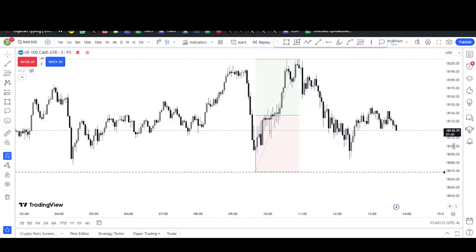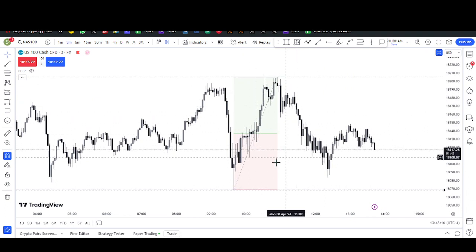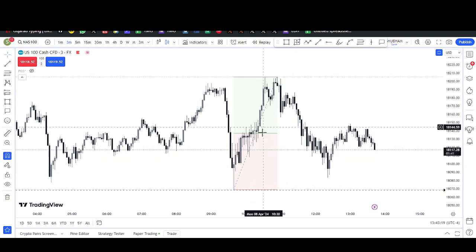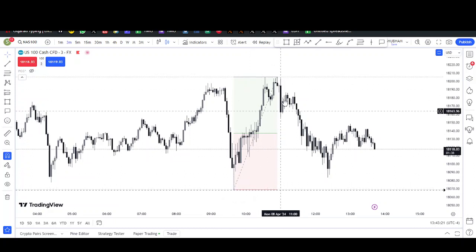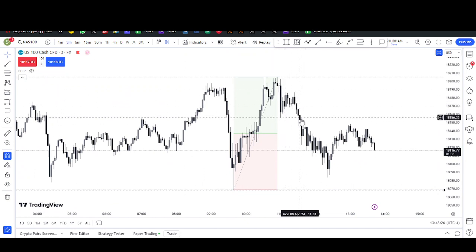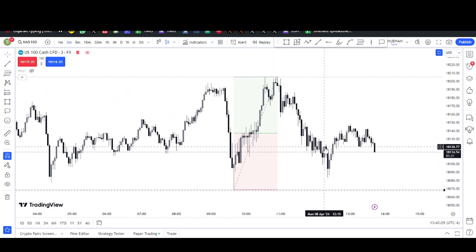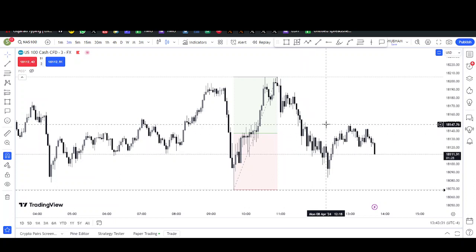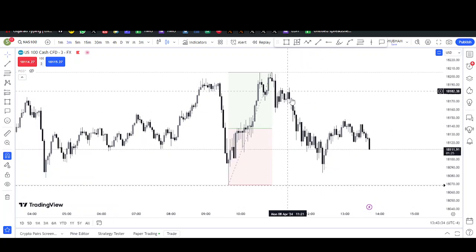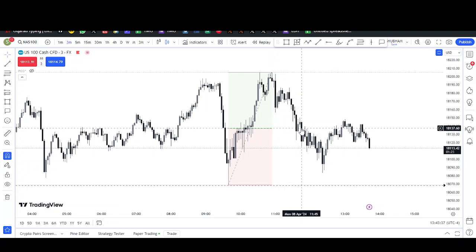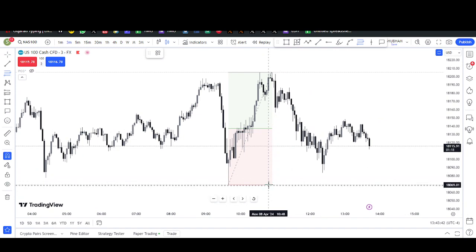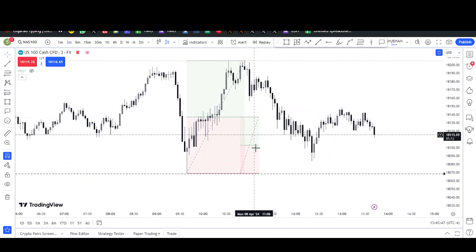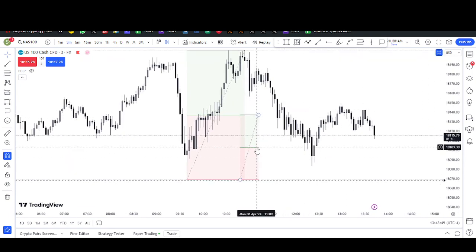When we say ranges are fractal, what do I mean? If I consider this whole up move, this whole up move is a range which took out the low as well as the high. Now if price is digging deep, there will be a point where it will reverse, and for the reversal we all use SMT. When price was digging deep here, it reached the 50% and there was no SMT yet. So what I do is fractalize the range even deeper. I use this range and use this point as my new equilibrium.